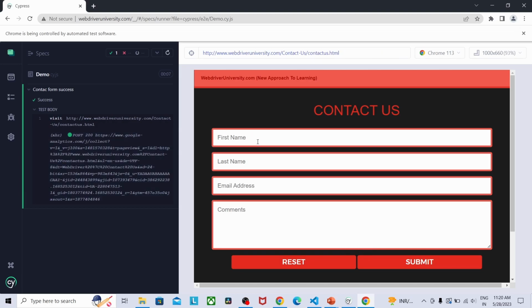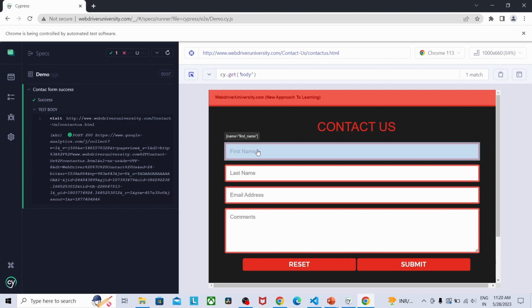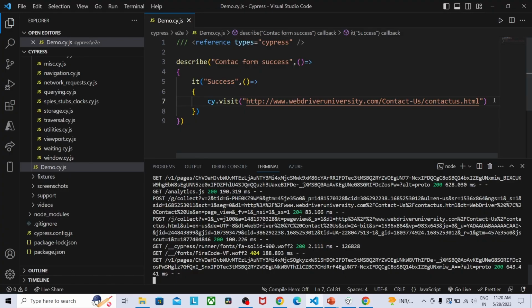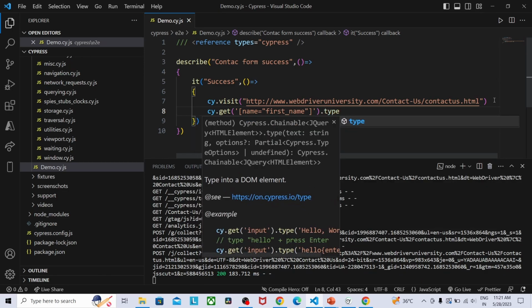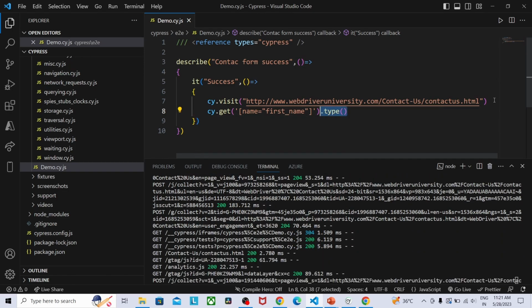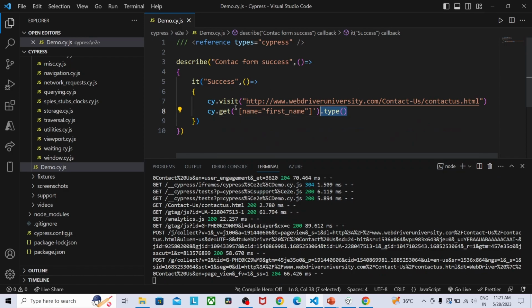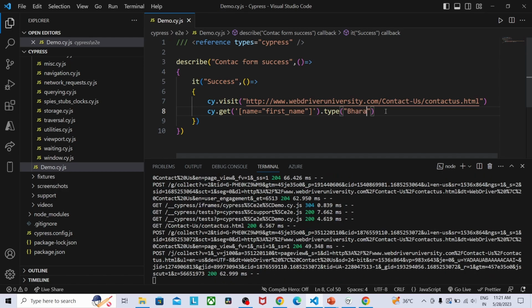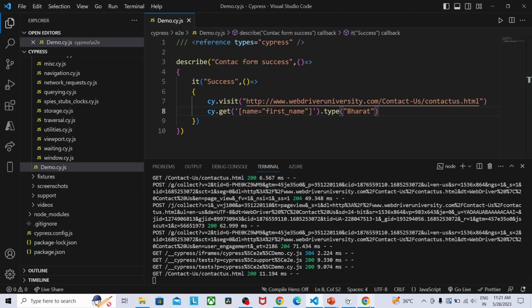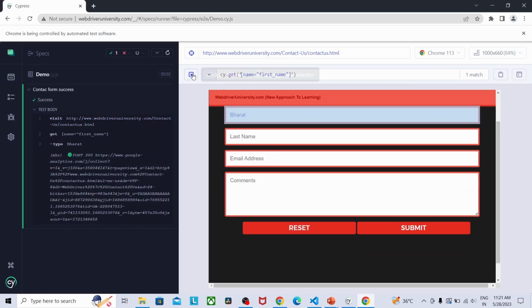Next, we have to enter the name and check whether the validation is happening correctly or not. For that, I'm going to click this inspect tool and click this. So I got the correct copied attributes below, and type is another API similar to visit and get. So with this type, we have to give the name Bharat, and next if we go to here, and if we select here,